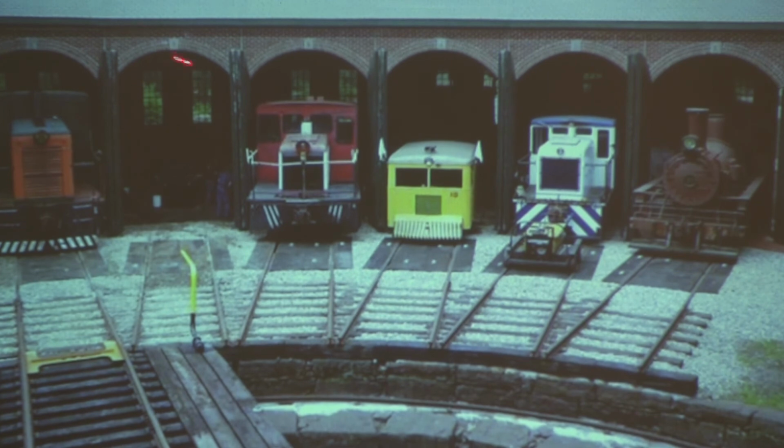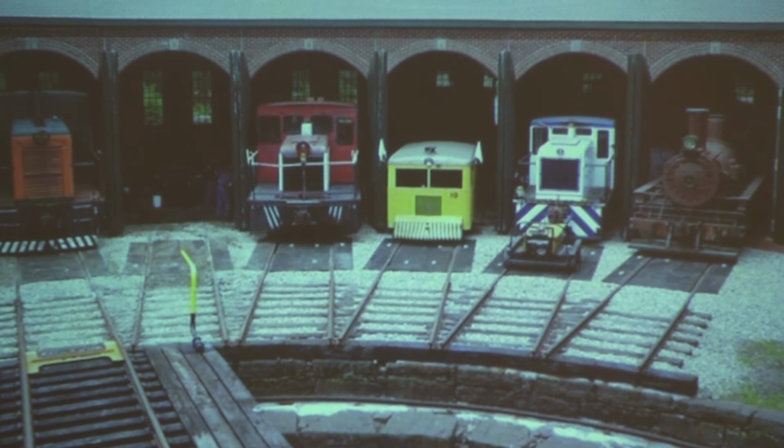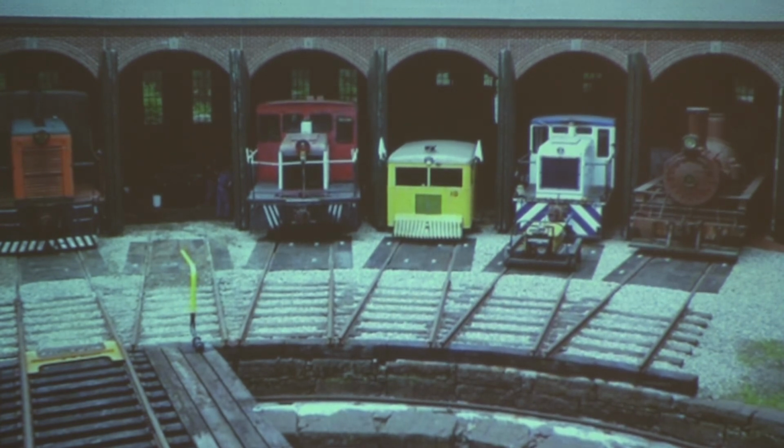So some of these stones are original, over the doors with the number of the stall and the pits, but that's it. The rest of it's all newly constructed. I won't say it's exactly like the original. It's concrete block inside. The supports are steel where they were probably originally timber. So it's built to modern standards, but it looks like the original